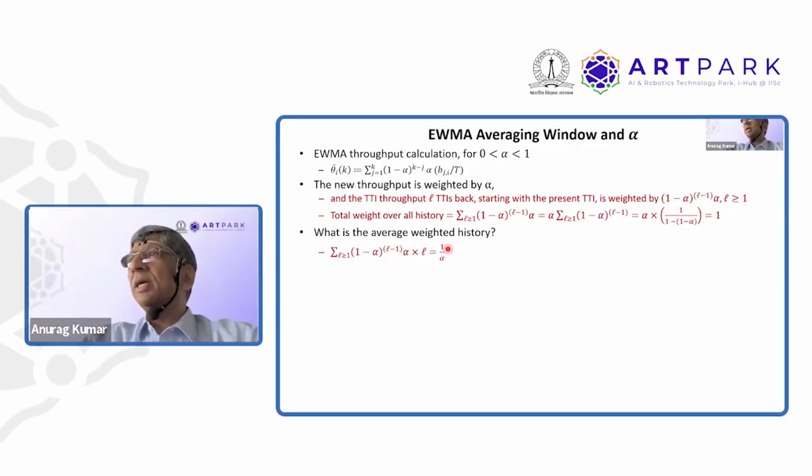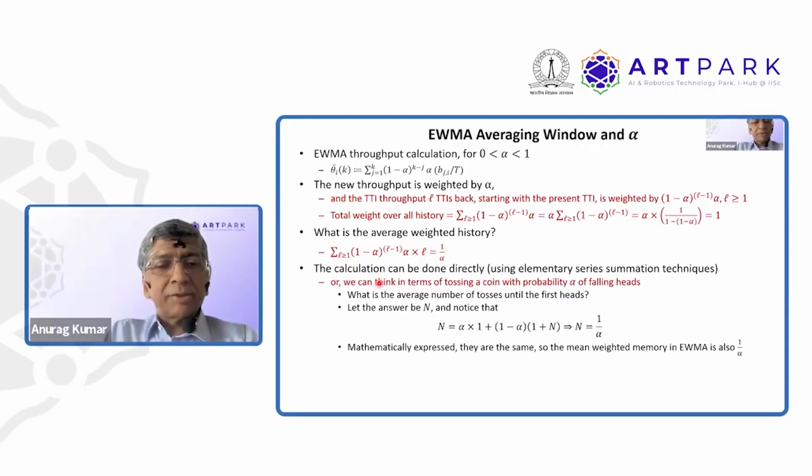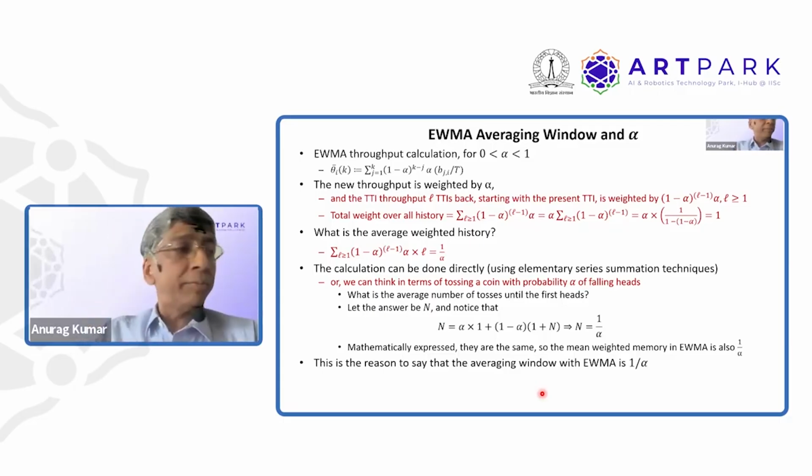Okay, alpha of 0.001 means 1,000 slots of history. 0.0005, the recommended value in 5G, is 2,000 slots of history. So that's 1 over alpha. This calculation I have shown a different way for those who are interested, but I'll leave it alone. So this is the reason why we say the averaging window of EWMA